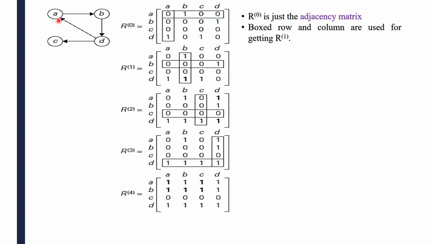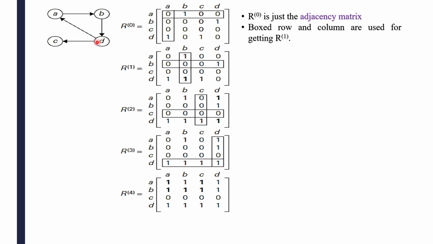R0 means just it is an adjacency matrix. Adjacency matrix means what? From A to B or from A to D and from A to C, if a direct path is there, that one you represent in R0. So A to B path is existing, that's why it is 1 here. Next, A to C, is a path existing? No, 0. A to D path is existing? No, 0. So from A to B only one direct path is existing, that's why it is 1, and remaining all are 0. In the same way, B to D only one path is existing, that's why it is 1 and remaining all 0. From C there is no path, 0.